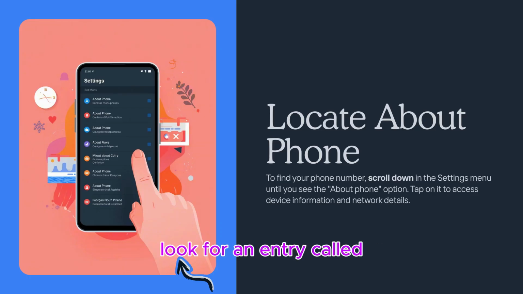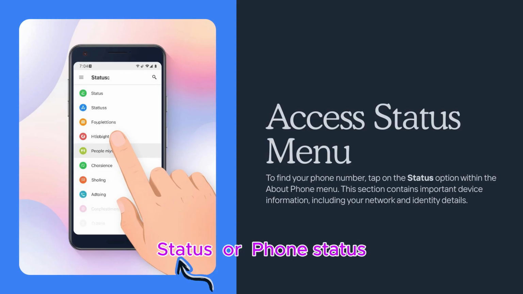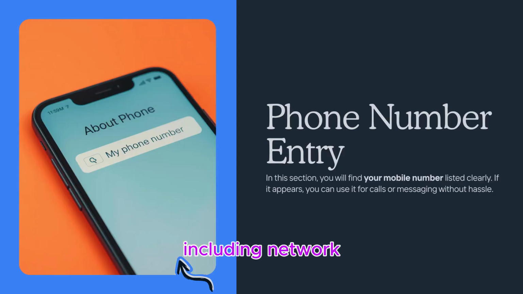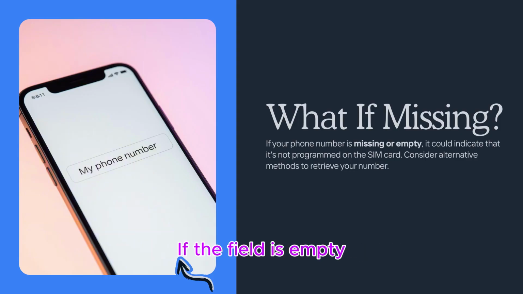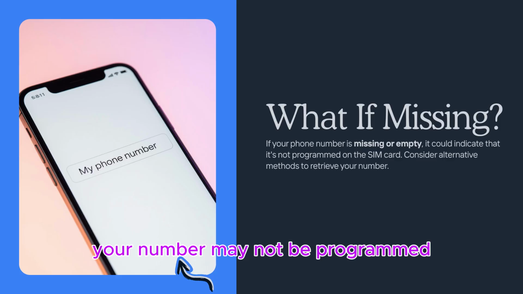Within this menu, look for an entry called Status or Phone Status and select it. Here you will find detailed information about your device, including network, battery, and identity. Look for the entry labeled My Phone Number, SIM Status, or Phone Number. Your mobile number should be displayed clearly in this field. If the field is empty, your number may not be programmed on